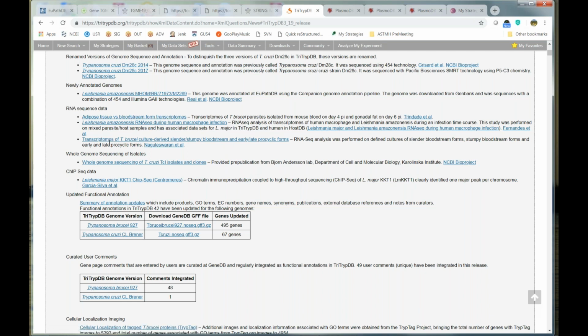We have 3 RNA sequencing data sets, one that compares adipose tissue to bloodstream forms, one that's associated with amazonensis that we can actually integrate now that we have annotation for that, and another T. brucei RNA-seq analysis of different life cycle stages and bloodstream forms. So I'd like to demonstrate the adipose and blood tissue, and again for that I will use